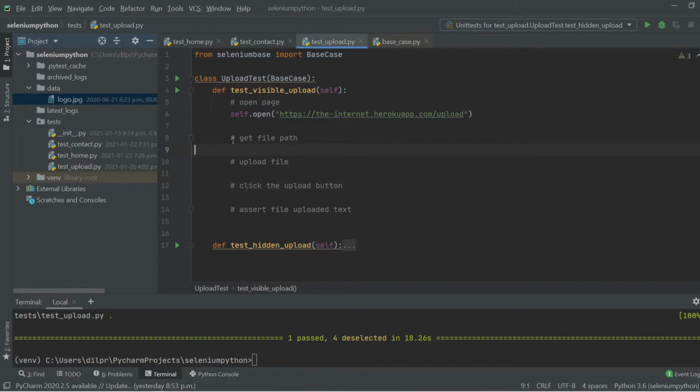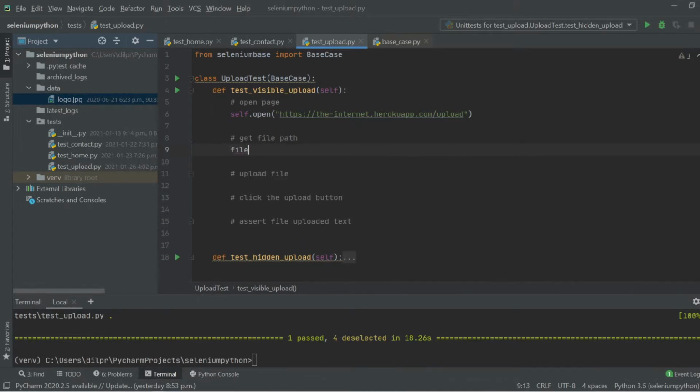The first thing is the file path, so we're going to pass that in. I'm going to create a new variable here and name it file_path. My file is actually located under data, and it's basically logo.jpg. So I'm going to say this is under data/logo.jpg. Now when I do /, it's actually going to the root folder. My root folder is this over here, Selenium Python. So from the root folder, I'm saying, okay, go to the data folder, and then from the data folder, go to the logo. That's what I'm passing over here. So this is straightforward, we got our file path.